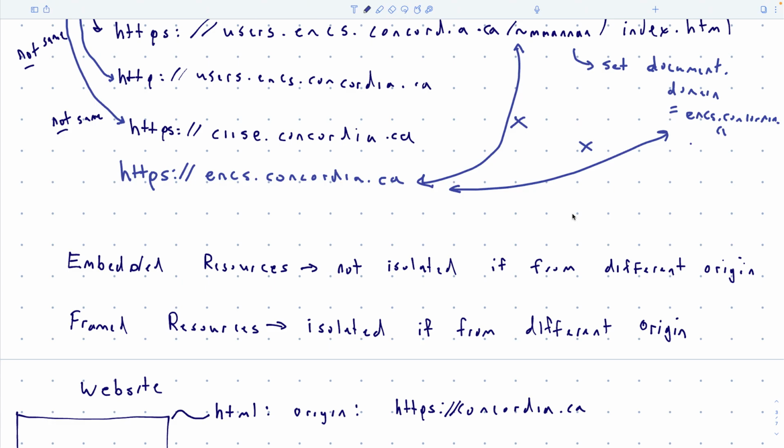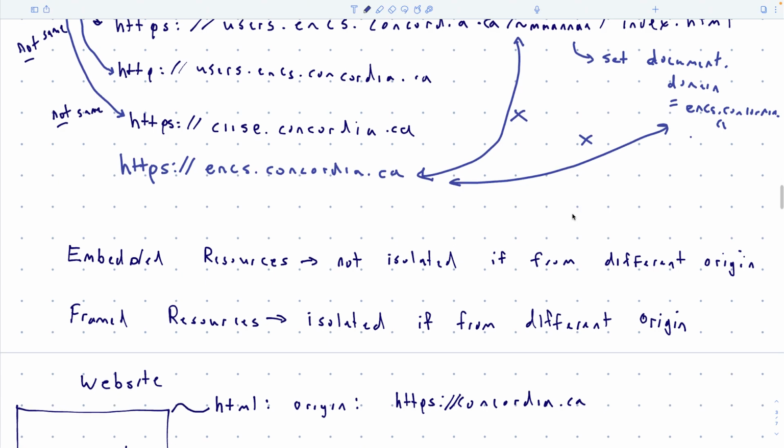But then it was bad for security because now everything's talking to each other anyways. You can go on Stack Overflow or whatever and read 1,000 posts of, hey, I'm trying to get these things to talk. It's not working. The answer is, just go set document.domain to the domain itself, which is sort of the answer that always works, but it's not always the most secure.